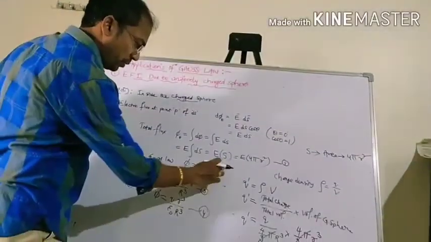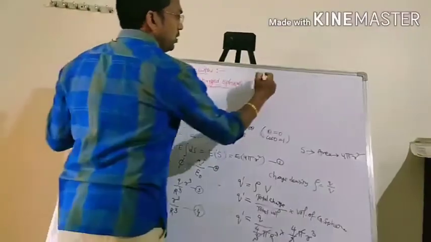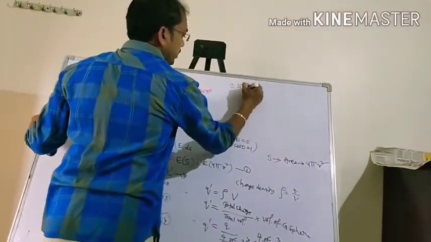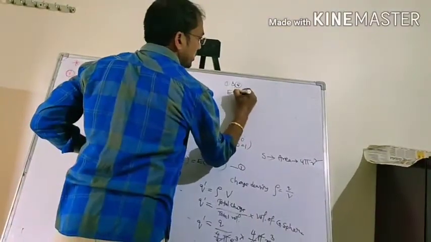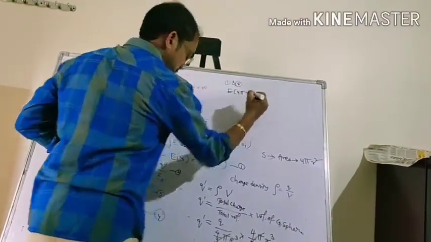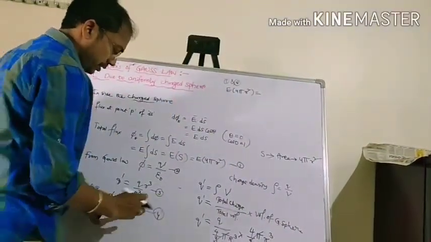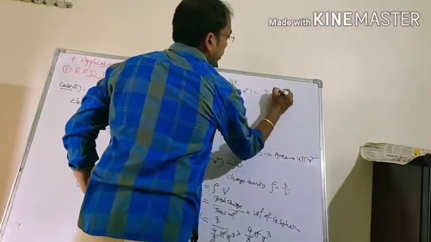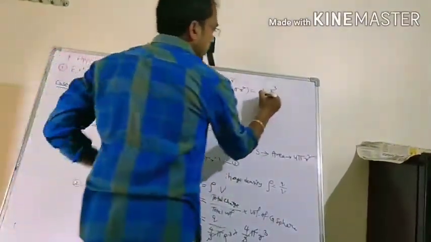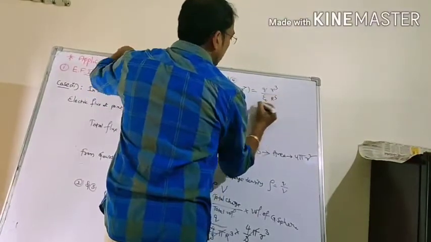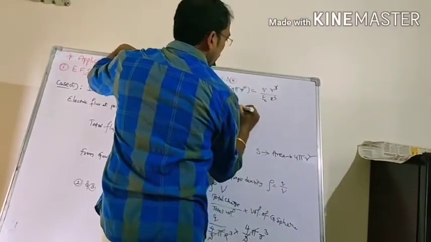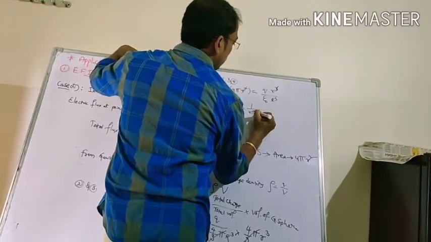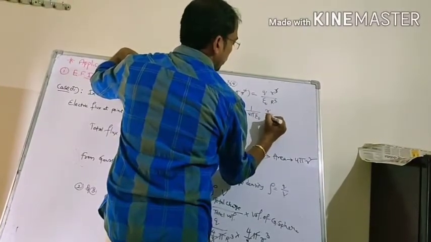ఓకే, ఈక్వేషన్ 4 తర్వాత ఏం చేస్తున్నామంటే మనకు ఈక్వేషన్ 1 and 4 నుంచి మనకు ఫైనల్ ఈక్వేషన్ వస్తుంది. సో నౌ from equation 1 and 4, see from 1 and 4 I am writing, so 1 means E into 4 pi r square is equal to 4 pi q r cube by epsilon naught R cube. So this is the, and I am writing r square వెళ్ళిపోతుంది, E equal to 1 by 4 pi epsilon naught q r by R cube.